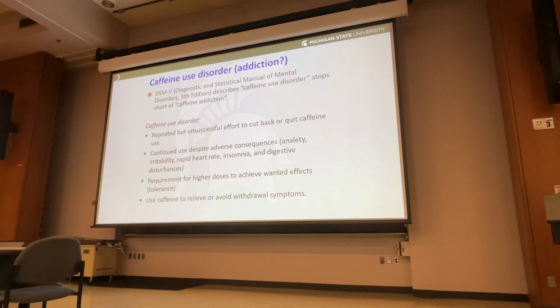categorizing this drug, the DSM-5 lists caffeine use disorder, but stops short of declaring it an actual addiction. And it's kind of interesting because if you read through what they say about the use disorder, it really sounds like something very similar, right? Repeated but unsuccessful effort to quit using it, continuing to use even if there are adverse effects while using it, needing more and more of it to achieve wanted results, and then using this drug in order to relieve or avoid withdrawal symptoms. All point towards addiction as I've studied it, but it is still just a use disorder technically, so take that, again, another grain